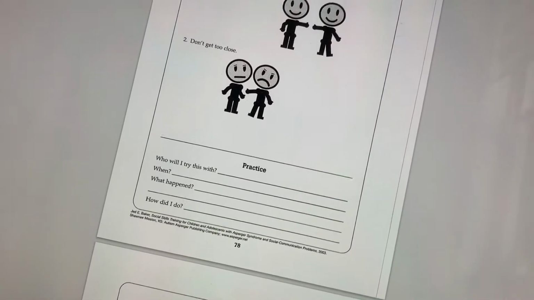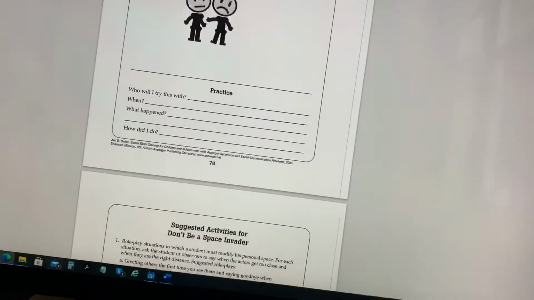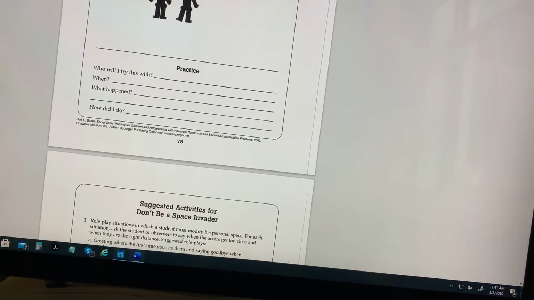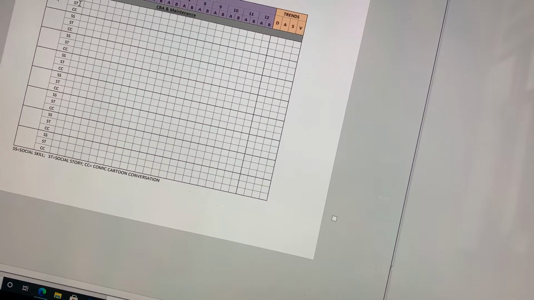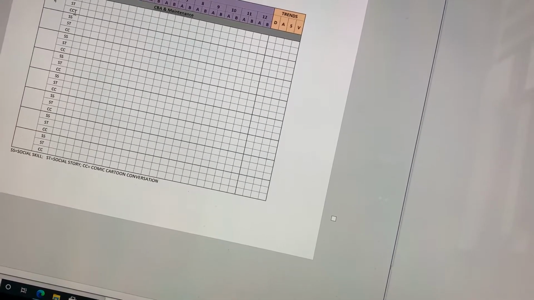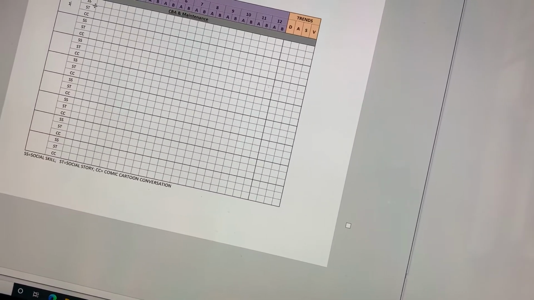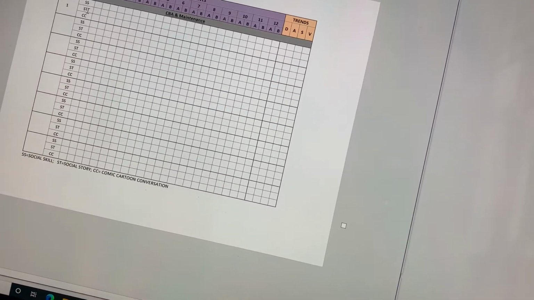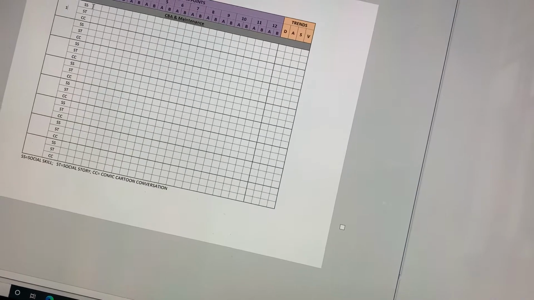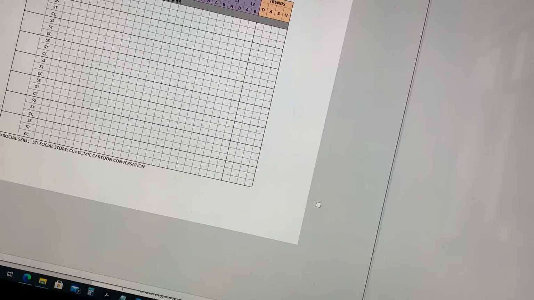The skill number 1. Therefore, you put a number 1 here. And then you're gonna use SS for social skill, ST for social story, and CC for comic cartoon conversation. I'm gonna be talking only today about social skills, so forget about these two right here, and just concentrate on the SS. So for SS, you're gonna put a criterion level, and the criterion level